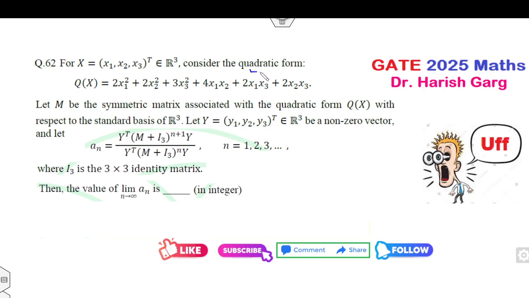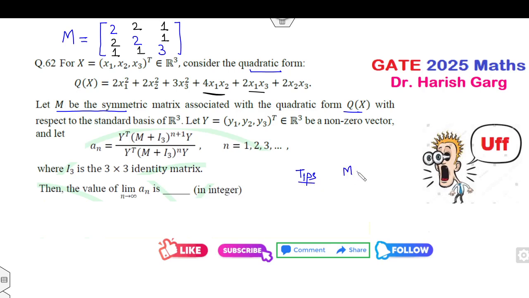For a given quadratic form, M is the symmetric matrix associated with Q. So can you write the matrix M? It's 3 cross 3, with entries 2, 2, 3 and so on, from X1, X2, X3 terms. Fine. Now remember always, whenever you see a matrix,